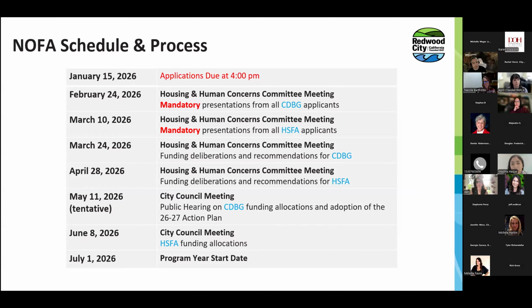Just an overview of the schedule and process. Please note that for CDBG and HSFA, there are different Housing and Human Concerns Committee meetings for the presentations and when the deliberations will happen. I'll go into a little more detail about the presentations in the next slide.